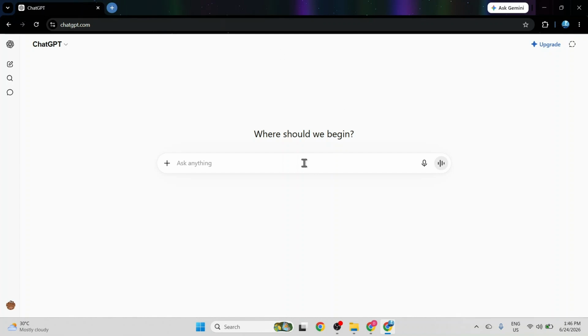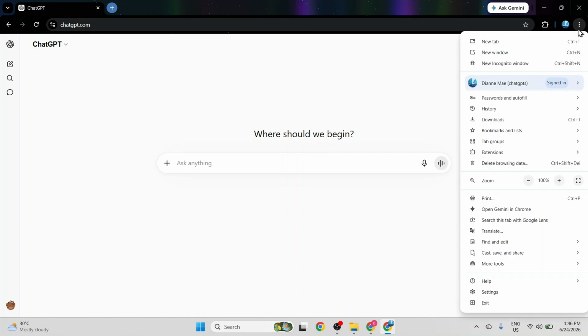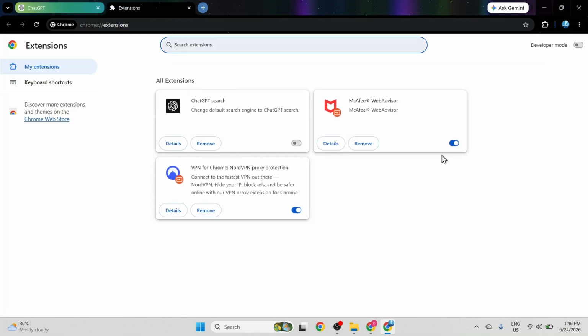Since the issue might be locally cached in my browser extensions, I navigate to the top right corner, click on the three-dot settings menu, hover over extensions, and select Manage Extensions. In the Extensions control panel, I locate any active security proxy or VPN extensions that could be interfering with the site's authentication process. I toggle these extensions off one by one to rule them out as the source of the